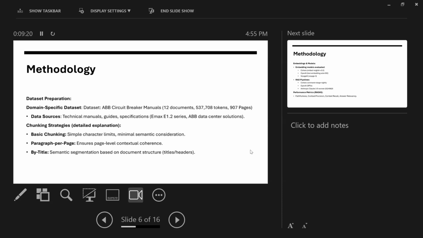So we use domain-specific dataset. Dataset was ABB circuit breaker manuals. I used 12 documents. The total was almost 907 pages, 130,000 words almost, which is about 537,000 tokens. The data source was technical manuals, guides, specifications in the EMX 1.2 series, sorry, and in the ABB Data Center Solutions manuals. The chunking strategy I use were 3 chunking strategies based on